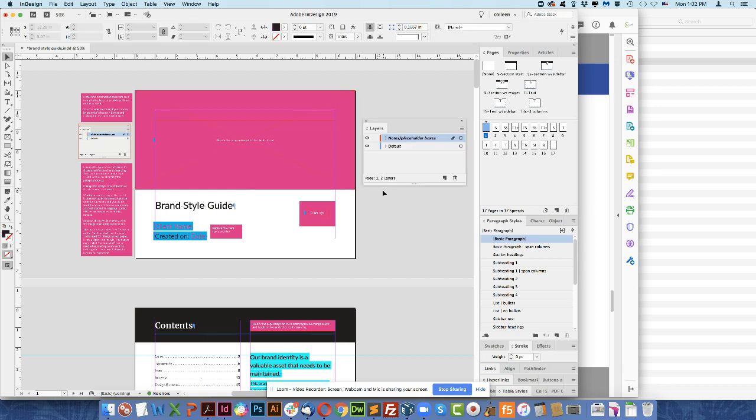So in the InDesign file, there is a non-printing layer that's called notes/placeholder boxes. And throughout the template, you'll see these notes in magenta, and those will guide you on what to do on that page throughout the template. Now you can see with the cover, this is a placeholder for an image that would be relevant to the client's brand, and then a placeholder for their logo.